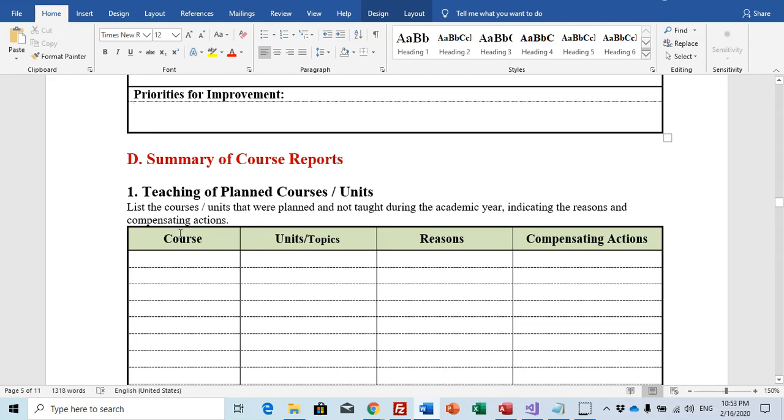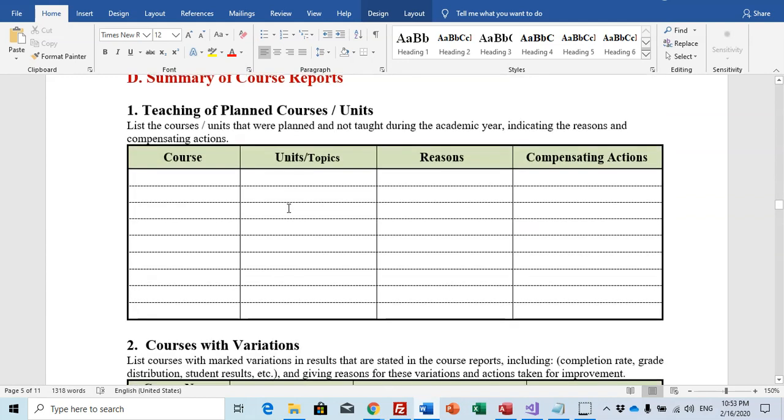Now for section D, summary of course reports. Teaching of planned courses or units. As you know, you have to read all course reports for 2 semesters, because this is an annual program report.